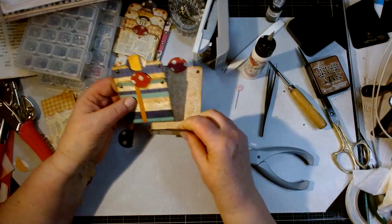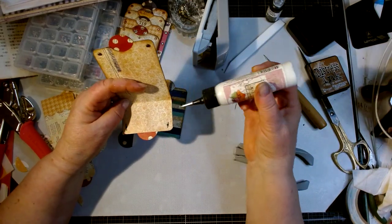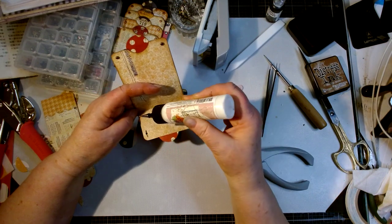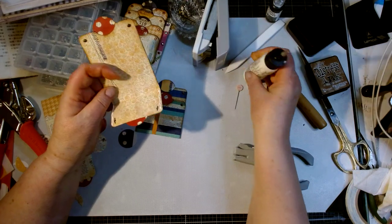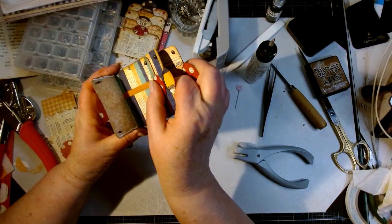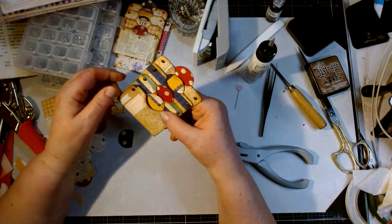And then I'm going to come to this one, which is the shortest of the 2 going together, and I will put glue on the front or the back of that front flap. All right, slide this down. Make sure that they're lined up, because it does take very quickly, this glue does,